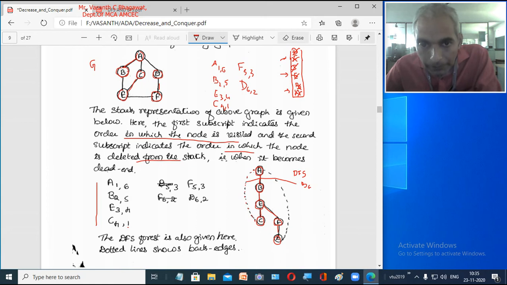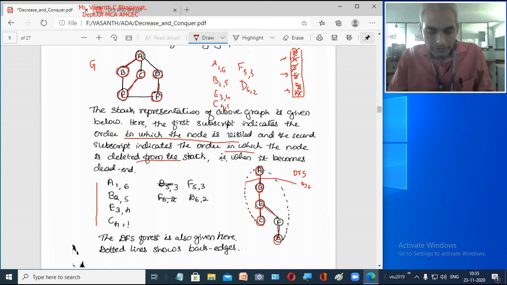So you came from F to D here. But you can see here, now D is the parent of F, but we got another adjacent node when you are traversing, that was A. Since A is a visited node which we encountered, and also A is not the parent node of D, so what we can tell is that we try to draw this particular edge by a dotted line.